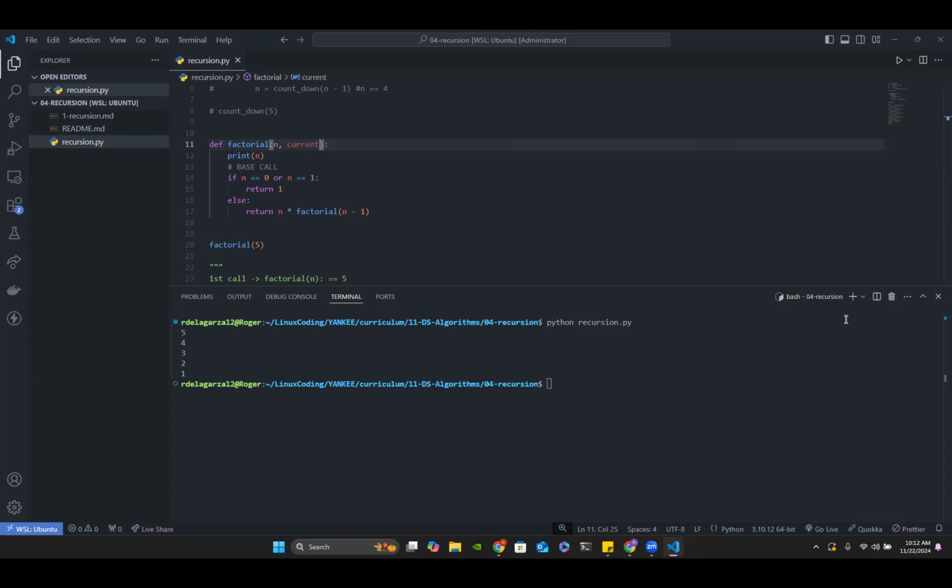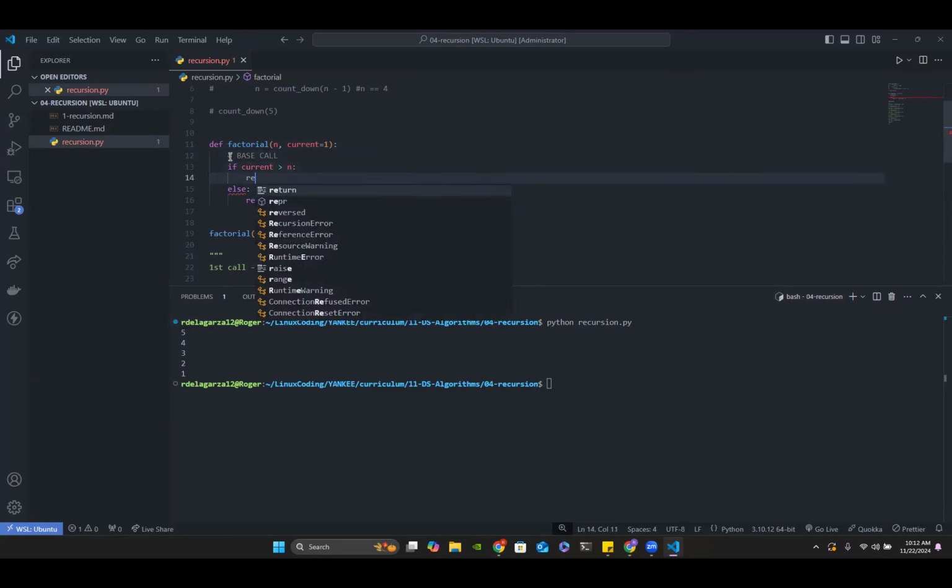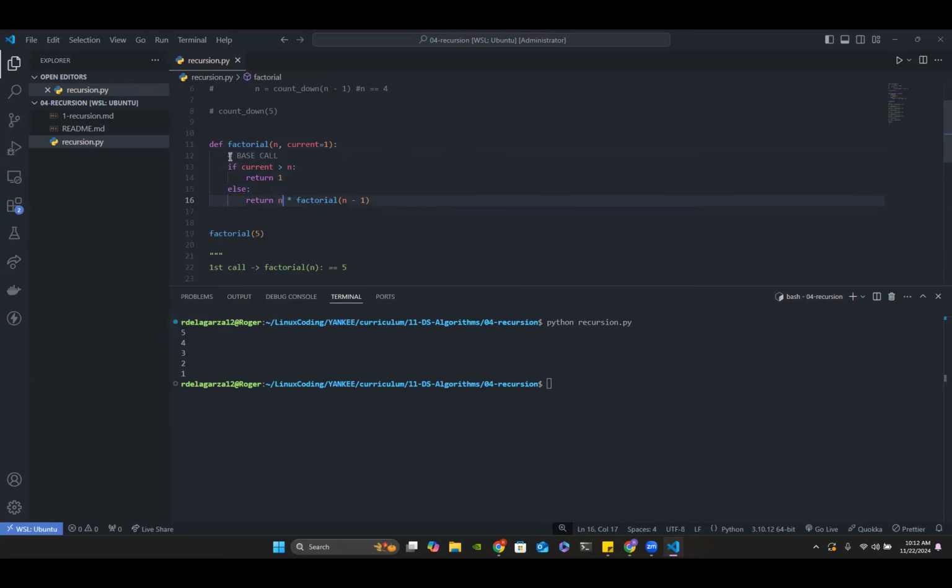And we can do something like current is equal to 1, right? And when we start this factorial, we would have to edit this a little bit, where essentially we say if current is greater than n, we can return 1. And if not, we should return